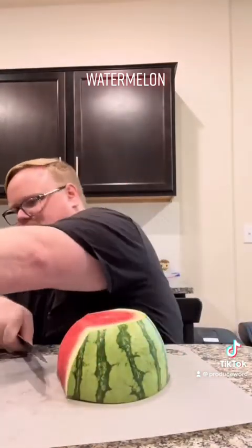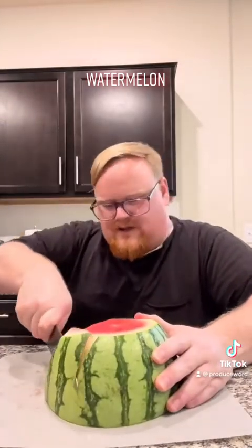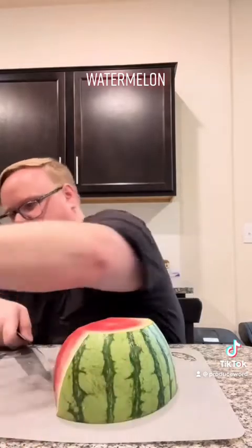This is actually a mini seedless watermelon, so it's a little smaller. But I'm doing it this way so you can see how you can cut a bigger watermelon. And then two,